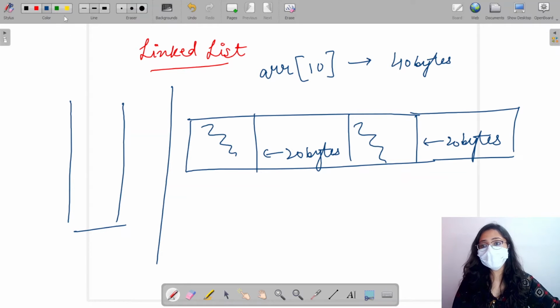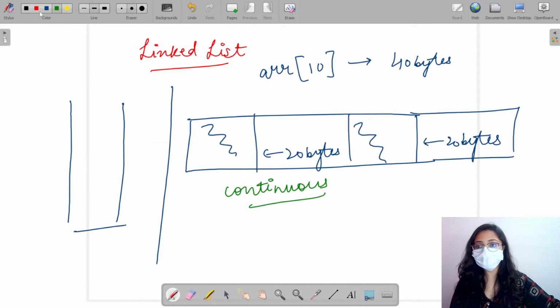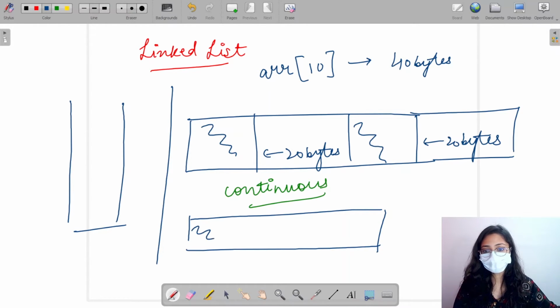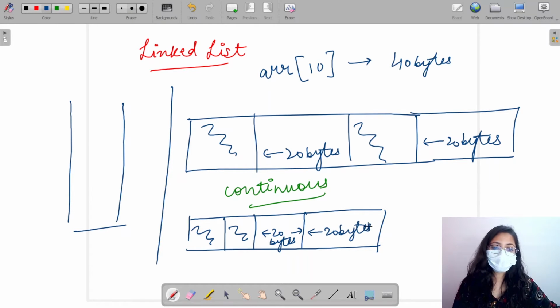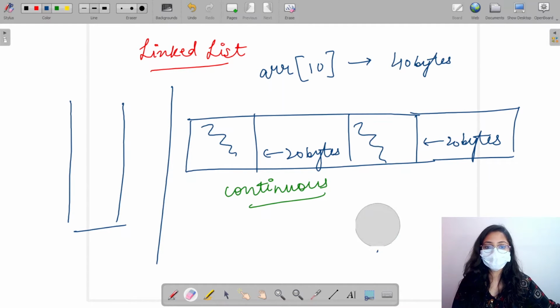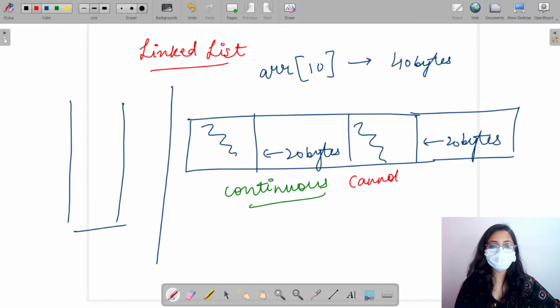But the problem is that an array demands the memory to be continuous. We can only create an array when the memory is continuous. So if I had the memory in a form where I had this and this part full, here I had 20 bytes, and over here also I had 20 bytes free, I would have been able to easily create an array. But obviously I don't have this case. So now, as you can imagine, I cannot create an array over here. So what can I do?